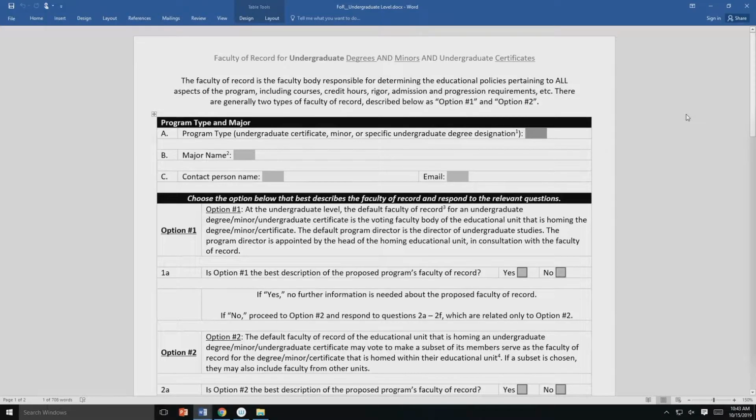This video is going to give you some information about the Faculty of Record forms that are required in the revised Senate program approval process, which has moved into Curriculog. If we look at the Faculty of Record form, it's a Word form, and it helps direct proposers to